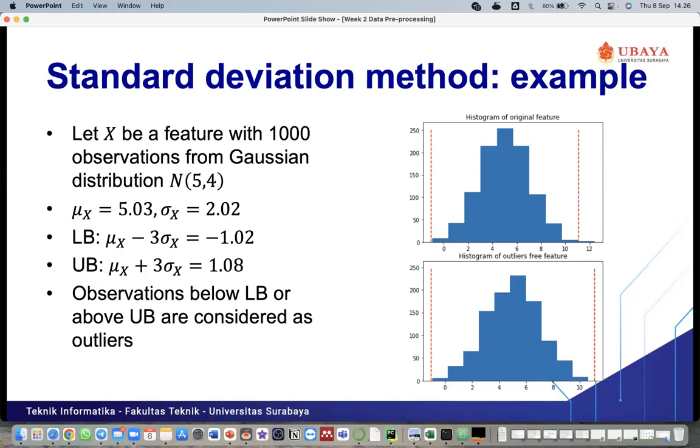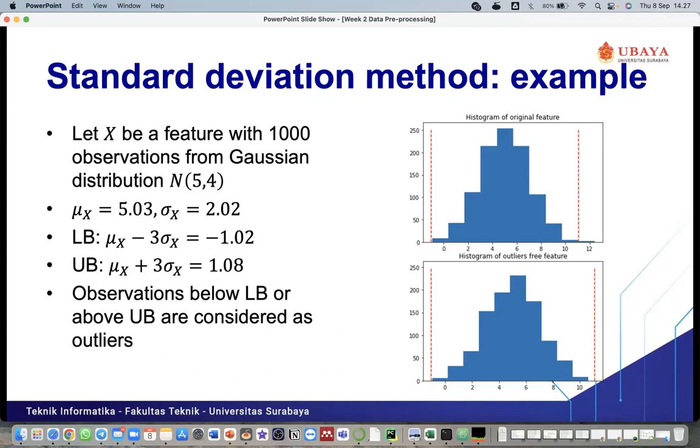Is it an outlier or not? The value is one. Our upper bound is 1.08 and the lower bound is minus 1.02. If I have one, is it an outlier or not?